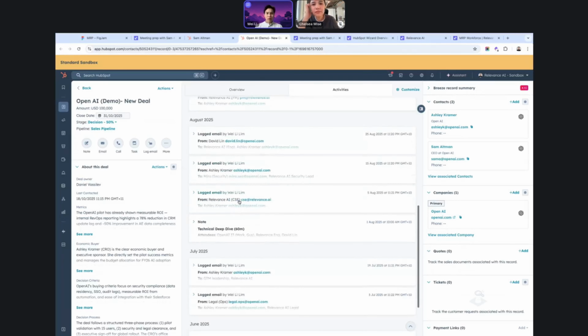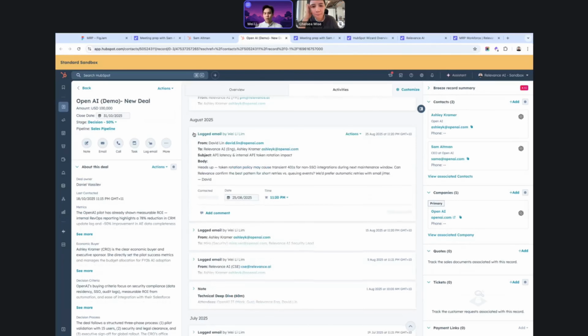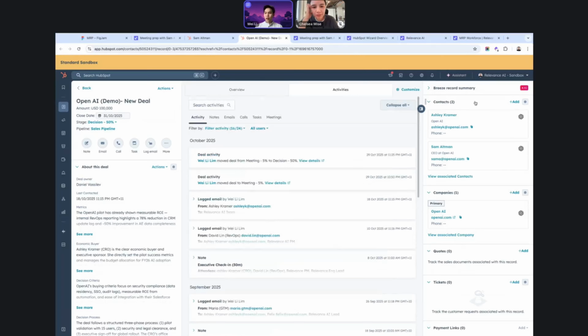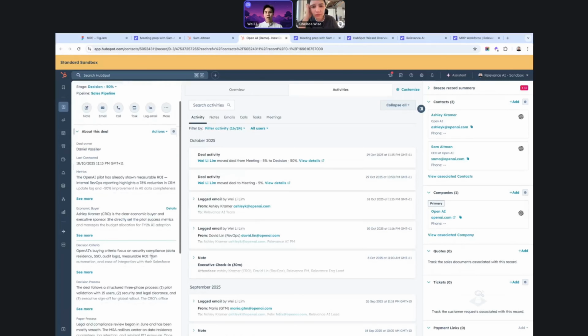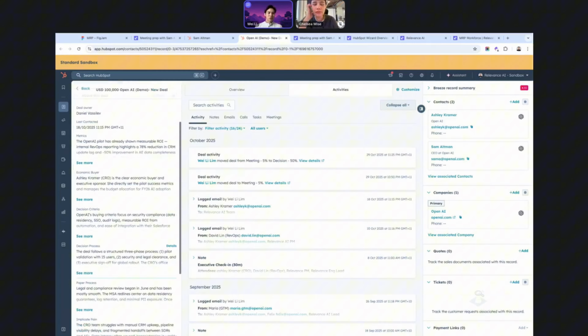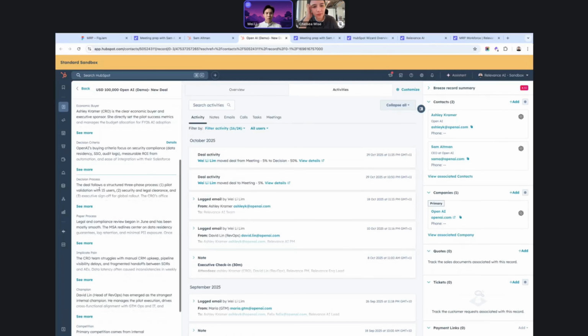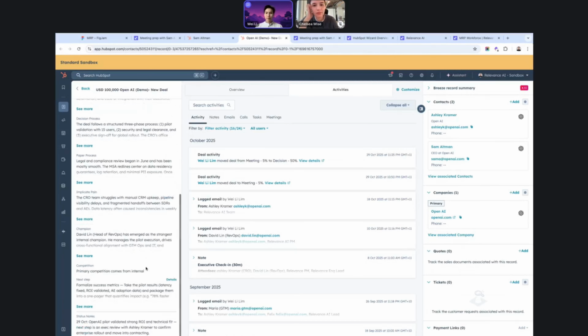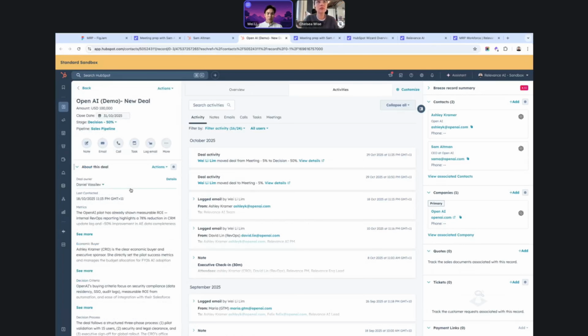It's reading the latest activity. It's looking at all the logged emails or logged notes we've had and seeing who we've got associated to this deal. Because we have a meeting note taker agent that fills out the metrics, the decision criteria, the process, and other helpful details to progress this deal, it's able to read that and understand that we are part of the decision process.